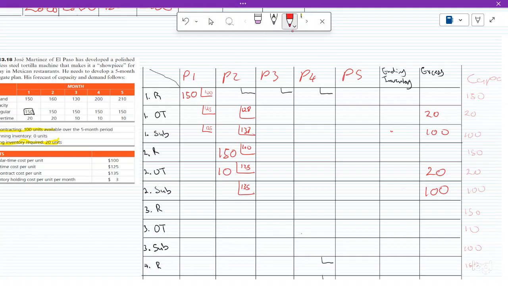So the overtime here, we're going to say 128 for this one in case we need it. So then we come here, 100, 125,